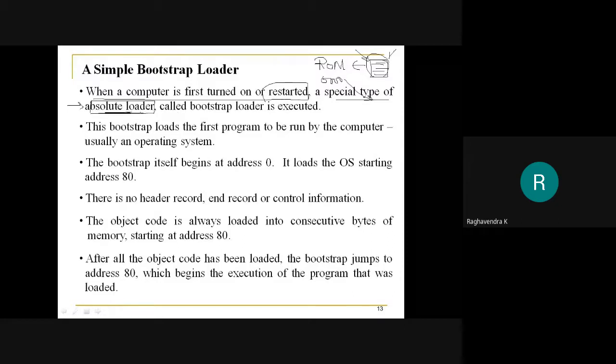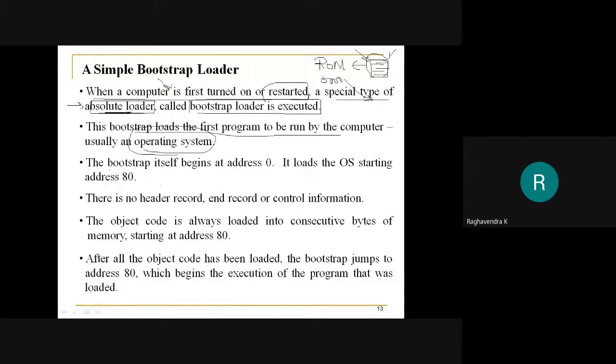This absolute loader is also known as the bootstrap loader, which will be executed when the computer is first turned on. Since it is the first program to be run by the computer system, it is responsible for loading the operating system later.